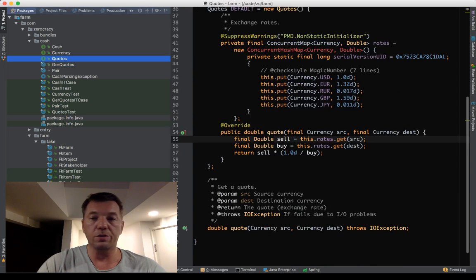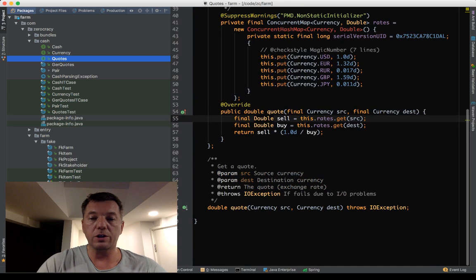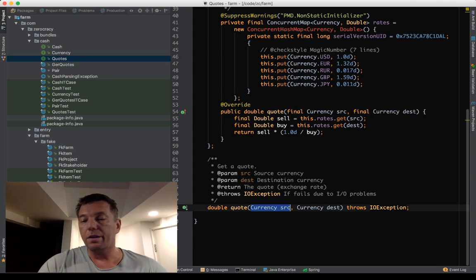Let me show you the interface. Here's the interface. It's just an interface of one method, and the method is called quote. It is supposed to get one currency in, another currency in, and return the exchange rate. So how much would it be to convert $1 to €1? It's for financial transactions.